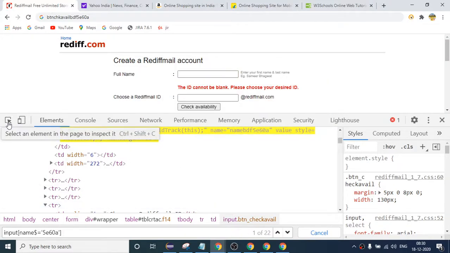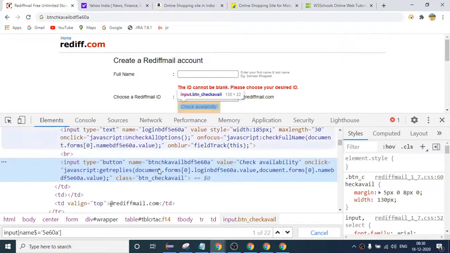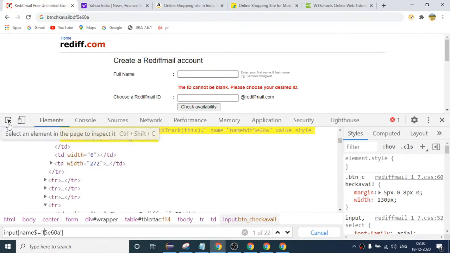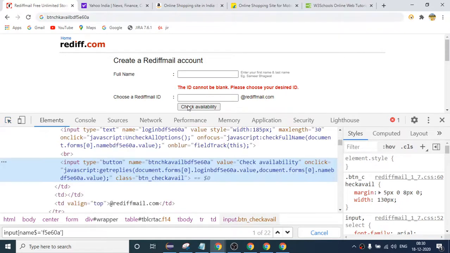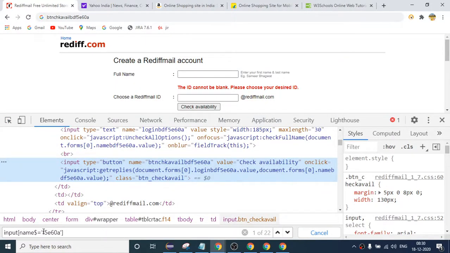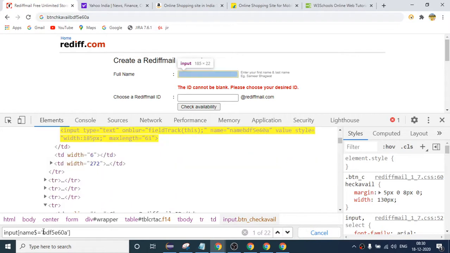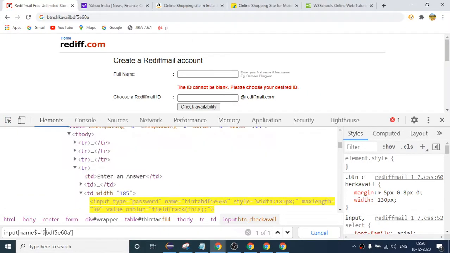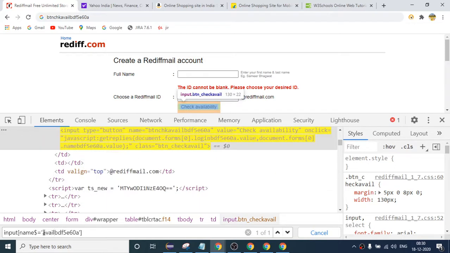So let me write some f here. If I write f 22, I have to write some more words here. So I will say ends with this. It is again giving me this many numbers, so you have to write some more data here as well. Now it is giving me 1, right?